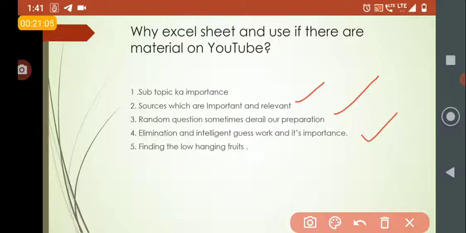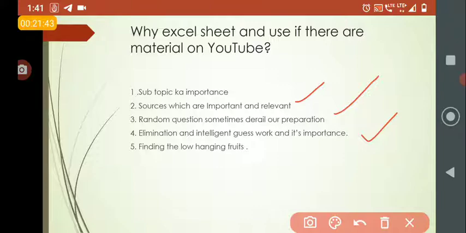Then again, elimination and intelligent guesswork. You can see how much elimination really works in the exam. Some toppers really use elimination, and they say they qualified prelims with 140 marks, 160 marks. Okay, good, you have done it in your year, well and good. But will that be effective in 2021? Of course, if you are going with elimination, well and good, and elimination can reach 20-25 marks, but elimination can also go wrong. Some all the statements can be true, some all the statements can be false.